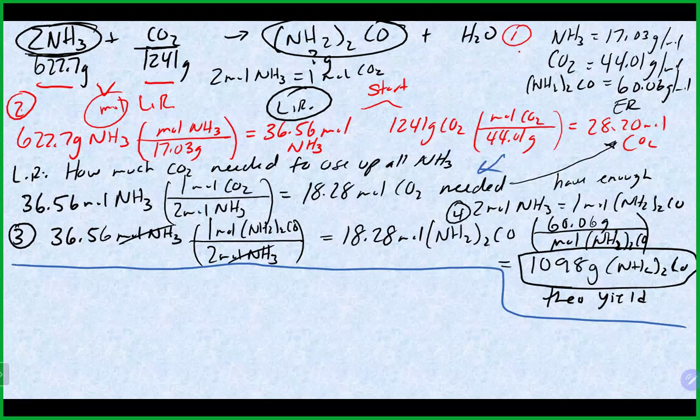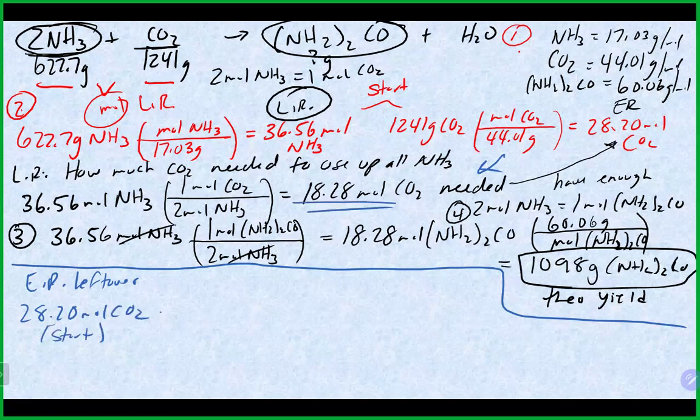So we know from our calculation here to figure out our limiting reagent that the excess that is left over, we started with 28.2 moles of CO2. That's what we started with. From our calculation, we see we need 18.28 moles of CO2. And that will get us 28.2 minus 18.28, 9.92 moles